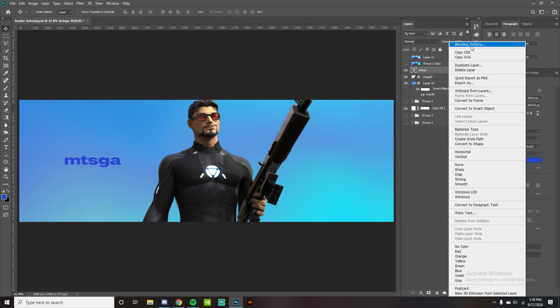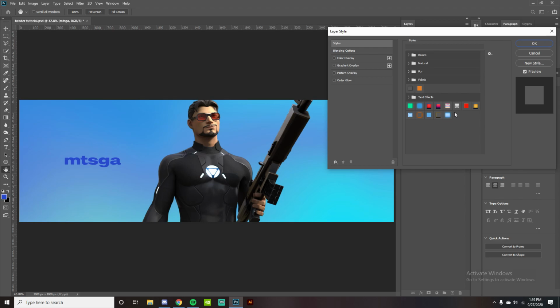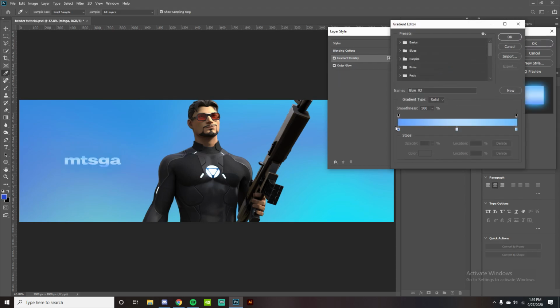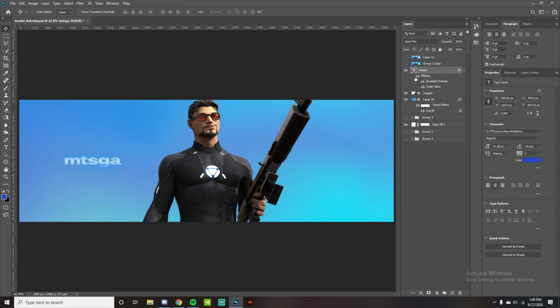So I made a layer style right here. This is the gradient. You can go in blue and basically just pick something that contrasts with the background, right? So this part of the background is pretty dark, right? So you find light colors, and then in the other one we're gonna find pretty light colors. So what we can do is change the gradient